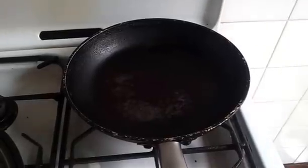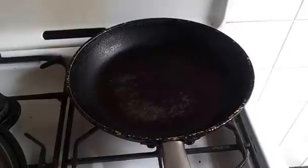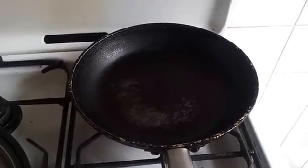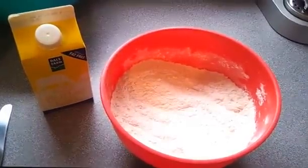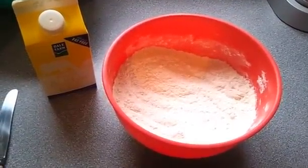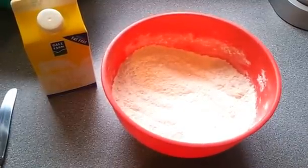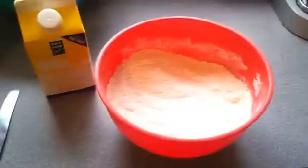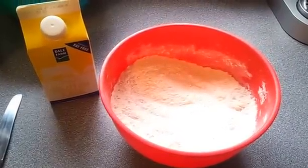Take a heavy pan and put it on a low to medium heat and allow it to start heating while you get your soda bread mix ready. So in the bowl I have about 12 ounces of flour, and there's my buttermilk. Now I'm not going to put dried fruit into it because my son is here and he doesn't like fruit in it. So that's basically your dried ingredients mixed together, and I'll add the buttermilk now and I'll show you